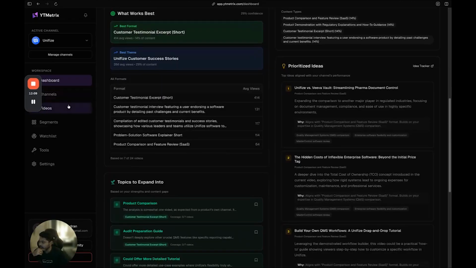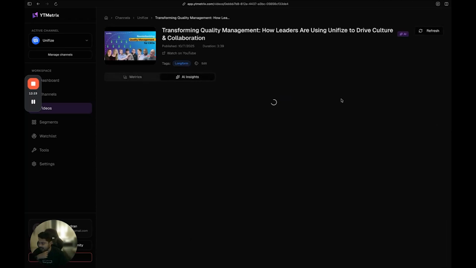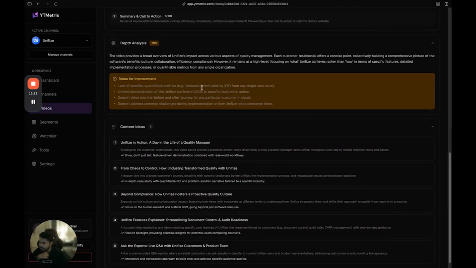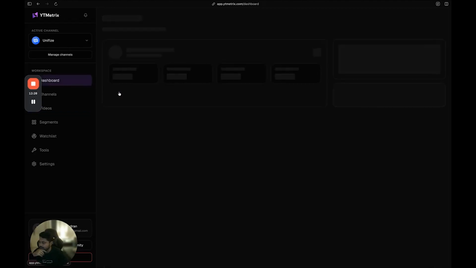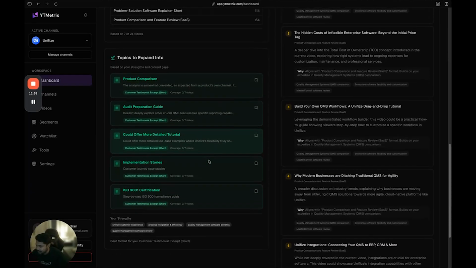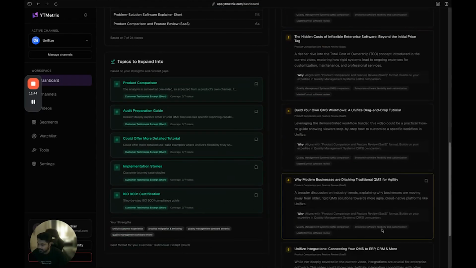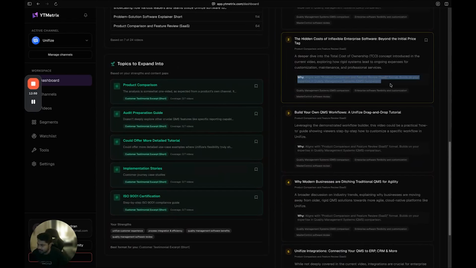Now, when you notice each of the video detail pages, the AI insights available inside each video detail page have an option that outlines the areas for improvement, where the gaps are, and where you could additionally build on. And when you come back over here, you can see that those are the topics aggregated across all of these videos, and it tells you the things that you could potentially expand into. It also shows what your strengths are. And likewise, it shows you the list of ideas that you can do, along with the rationale on why the app thinks it is the best fit for your channel at this particular point.